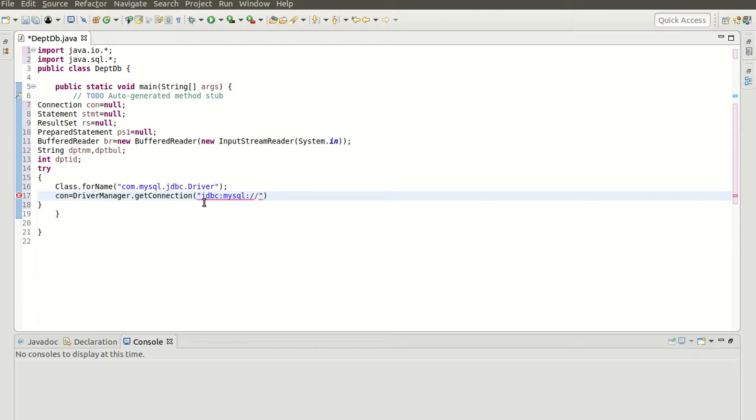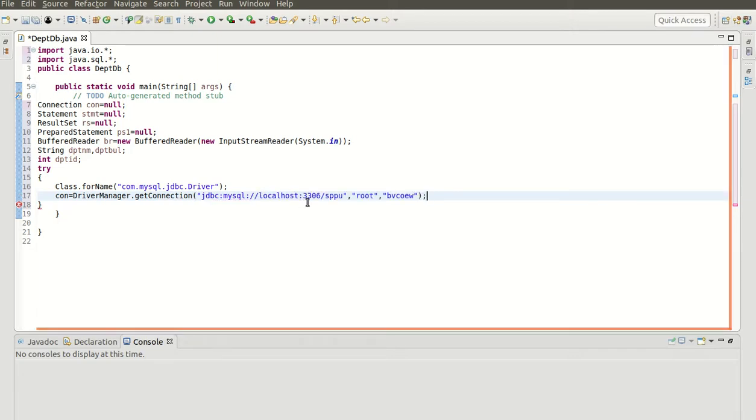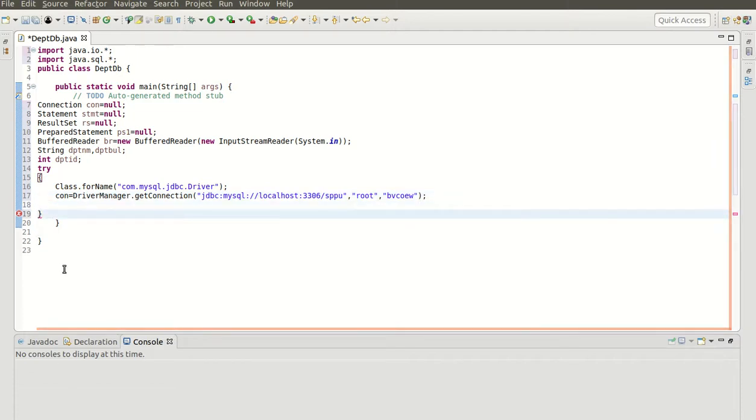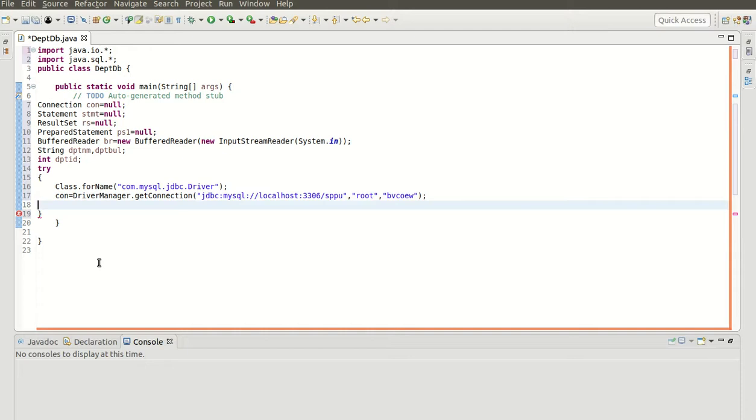Okay, so the remote machine, colon, the port number 3306 is the port number, followed by the database name. Okay, this is my path of the database, followed by the credentials. What are the credentials? Root is the username and the password is BBCOEW. Okay, so this is how we have created the connection object con.